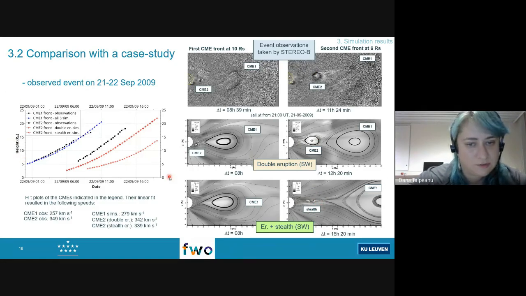I took the height-time plots of the front of all the eruptions, and I plotted in black the two CMEs from the observations, this is the first one, and this is the second one, and in blue is the first CME of both scenarios, and because the shear motions don't differ that much in amplitude, they were basically overlapping, so I only plotted one line. And the pluses or crosses represent the front of the second CME in the double eruption case. So even though it's a little bit delayed,